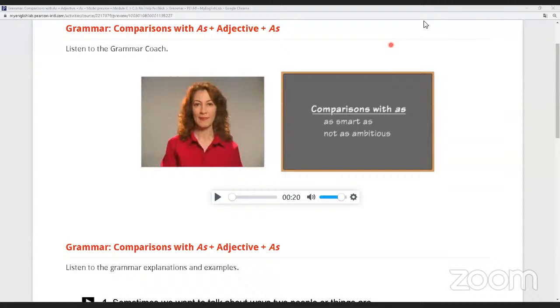Okay, there you have it. So I'm going to explain this lesson tomorrow, right? As smart as, it's only as with an adjective plus as, right? I'm going to explain another part of this lesson because we don't actually have it in person. We currently don't have it, but everything is going to be on the recording, right? All right, thank you. So, do you have any question, maybe? No. All right, thank you.